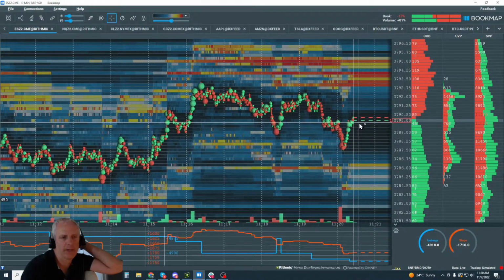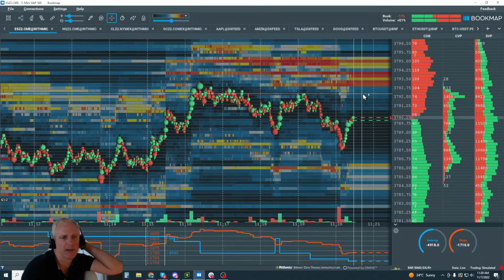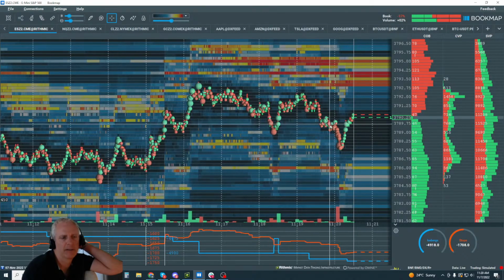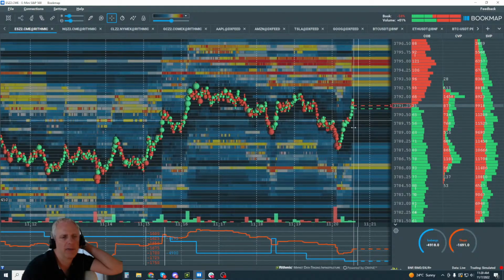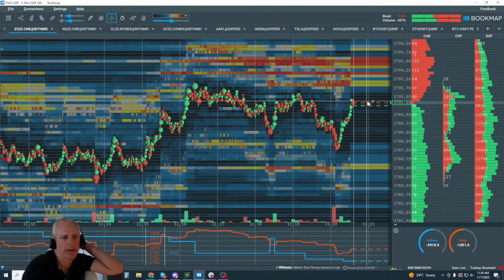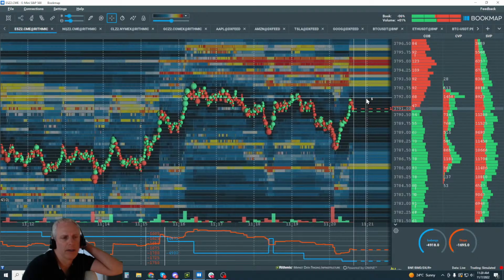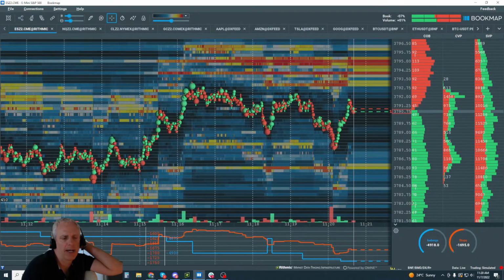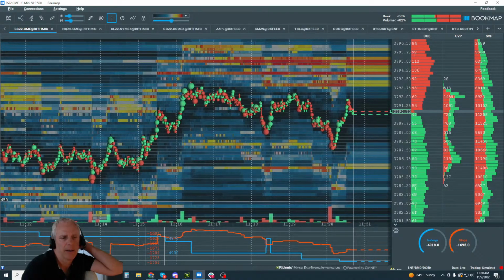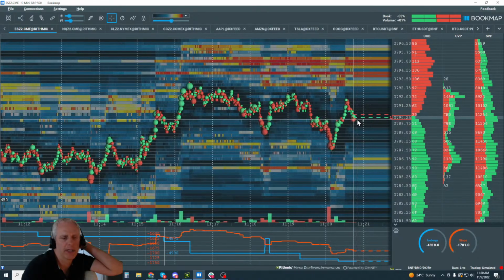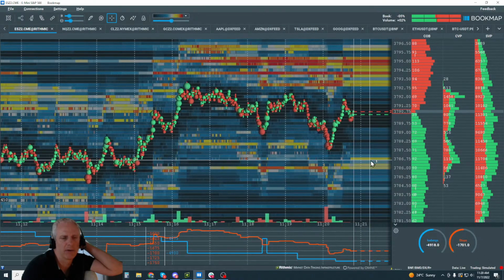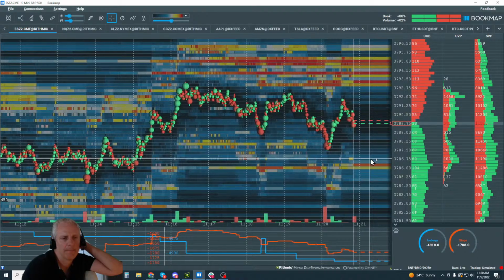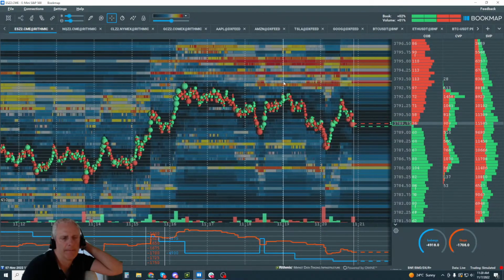Okay, so let's see if we can rotate up again and get enough buyers in here to trade up into 95 still. They keep coming back, but look at this in here. We're still looking for it, but it's just not as highly likely. Sellers can very easily come in, hit the bid hard, and trade down to 86 and 3/4. So we just stay away from it.